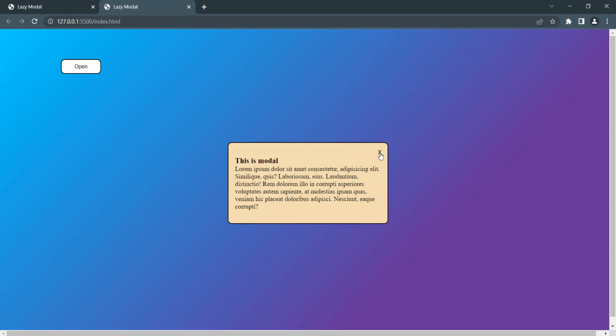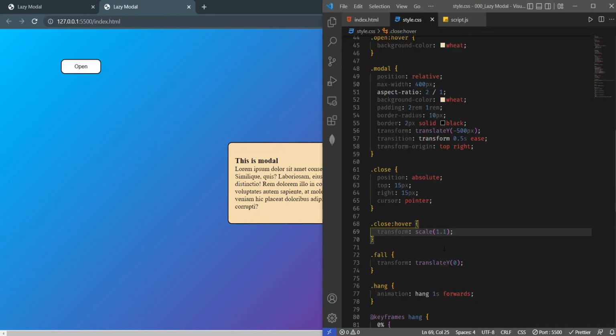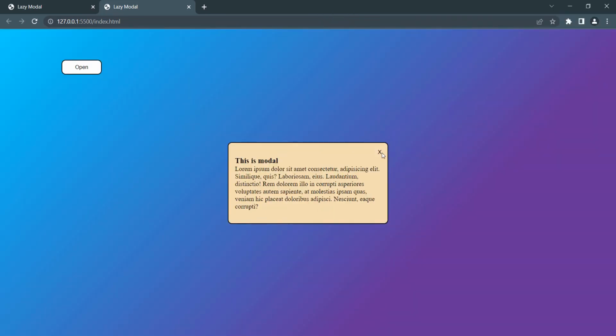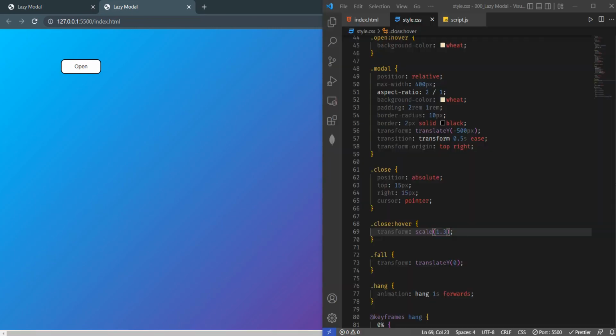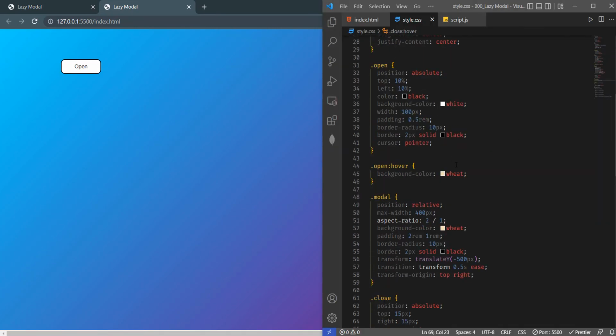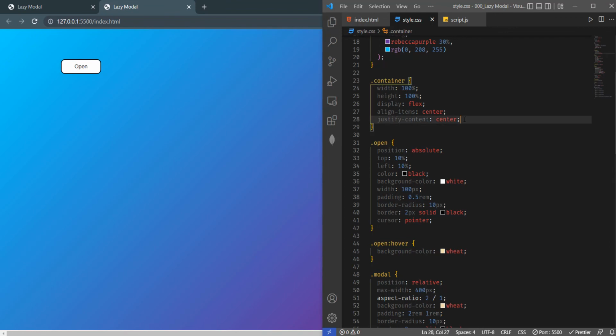I think 1.1 will be too low, so I will give it a 1.3. Now that will be better. So as you can see, when you drop down, the scroll bar will appear. So I will go to my container and give it an overflow of hidden,